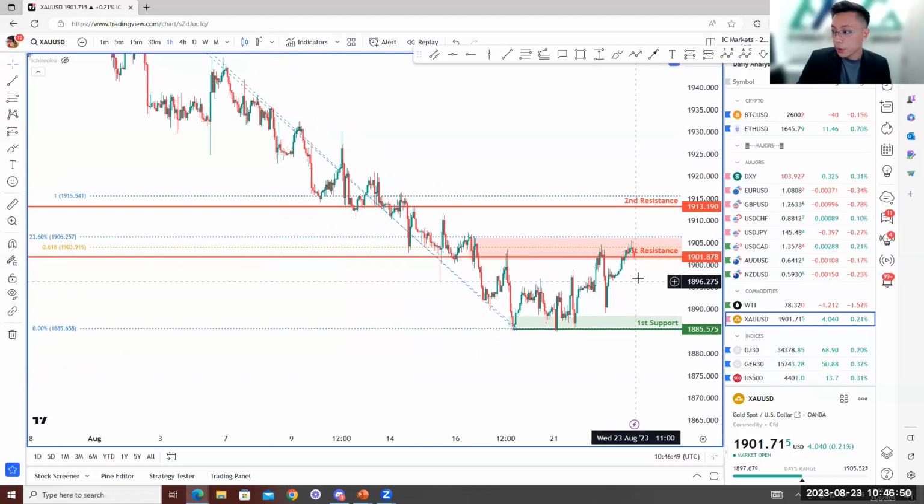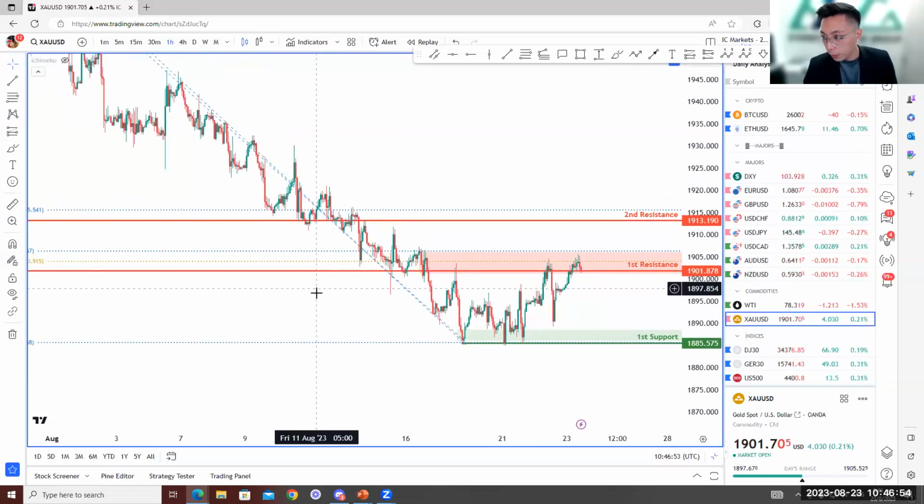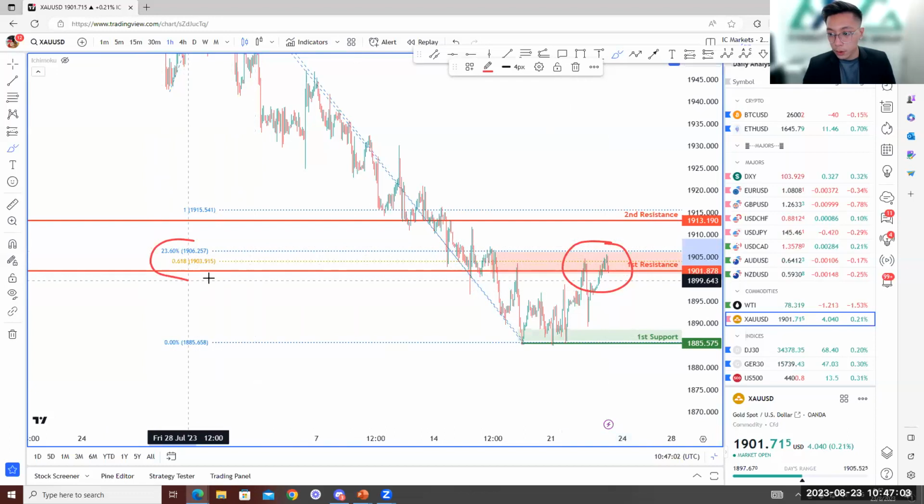All right. So actually, from this area, for gold, right, price has really, this was our sell zone, right here by one of my colleagues, because we have the 23.6%